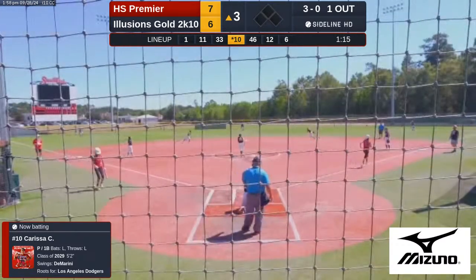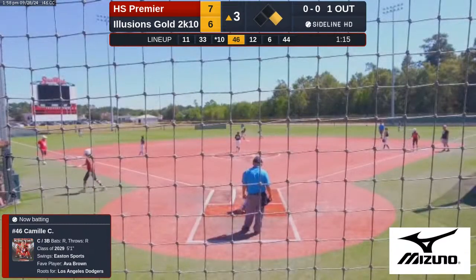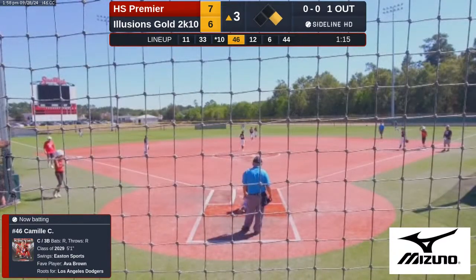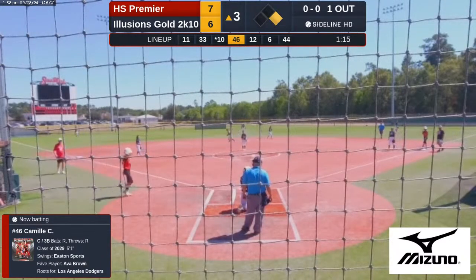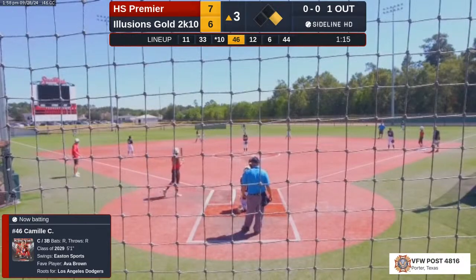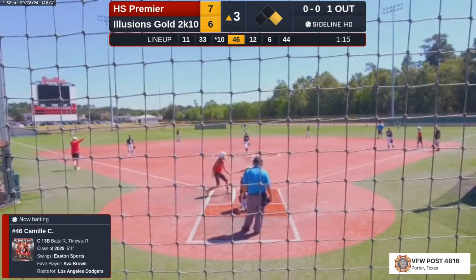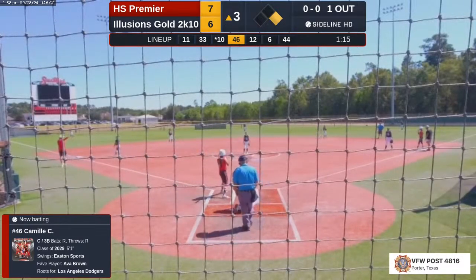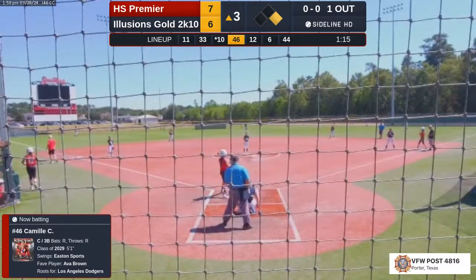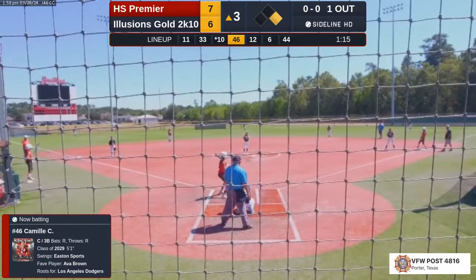Carissa walks on 4 pitches. She's down at first. And if we get to complete this inning, we may get a full 2.5-hour ball game in for 75 minutes worth of play. So you pay the umpire by the game. He got $50, and he may only make about $25 an hour this game.